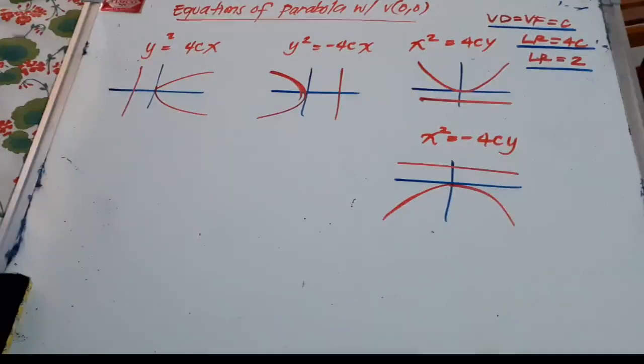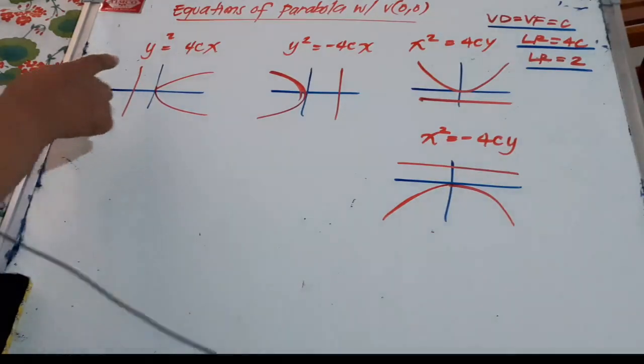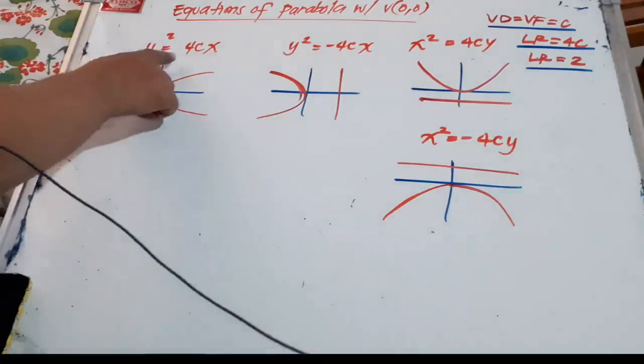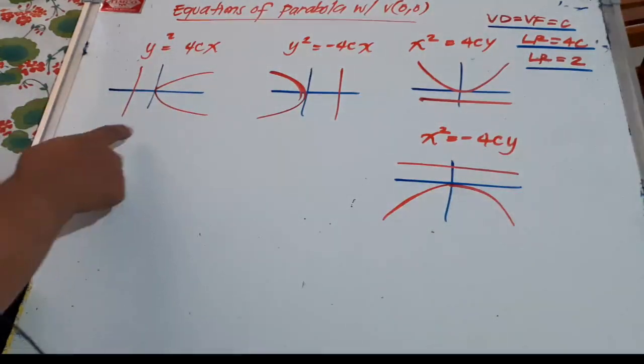Okay, before I give you an example about sketching the graph of a parabola with vertex at the origin, let's first have a review of the different equations of parabola and their corresponding graphs. Okay? If we have an equation of the parabola of this form, y squared equals 4cx, the graph of this